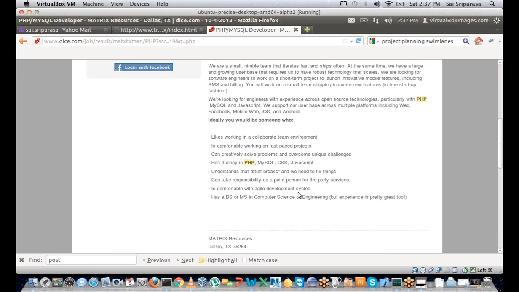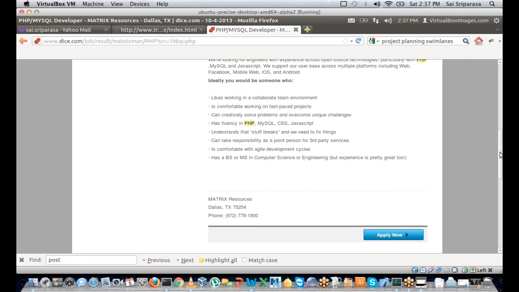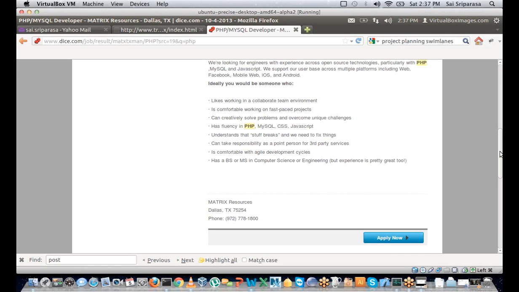Okay, he's comfortable with agile development cycles, and given that you all are starting, it is obviously going to be new for you all, irrespective of what development cycle you work with. Okay, and it's actually good that you all would jump into agile development, given that there are other development cycles which are not very suitable for fast paced projects. Okay,